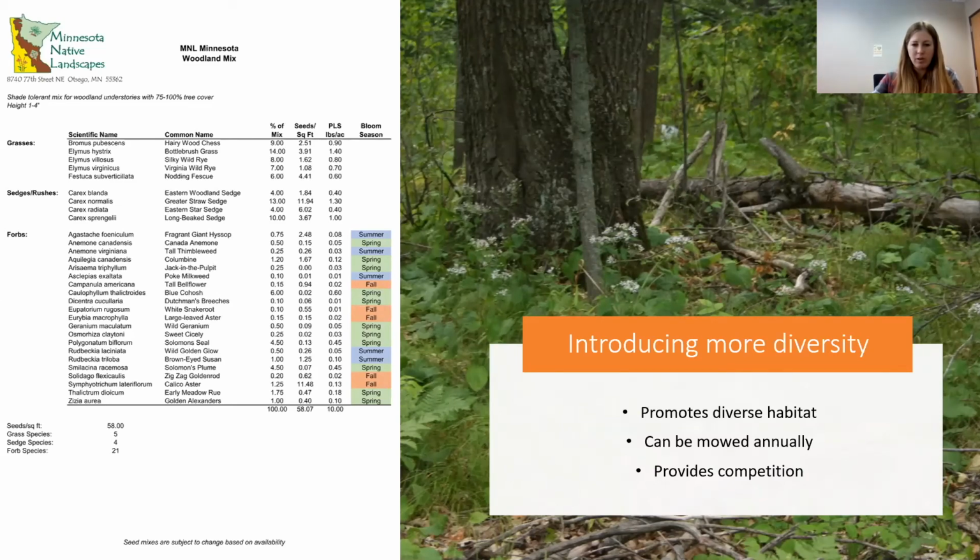And if you are able to do this revegetation work soon after the initial infestation is under control, or after you've removed the larger material, and just start creating that competition for resources, that can be really advantageous in the long run. So if you're looking at a 3 to 5 year plan, if you're able to get that seed down sooner, you know that native species are a little bit slower establishing, so we're going to give them a bit of a head start by planting them soon after that initial removal.